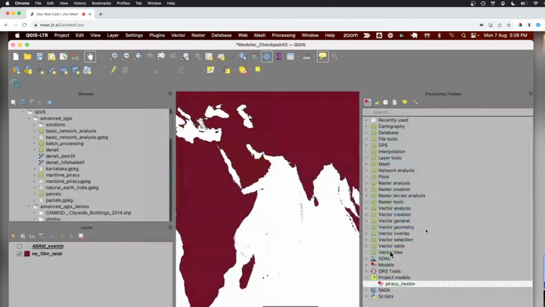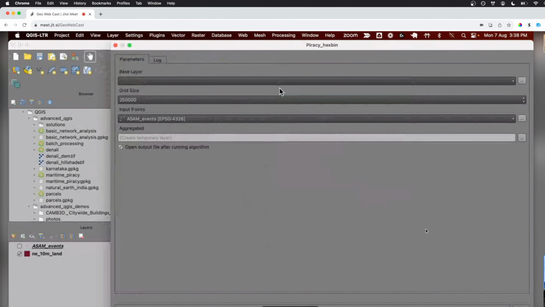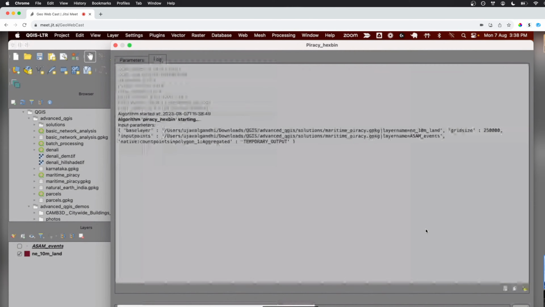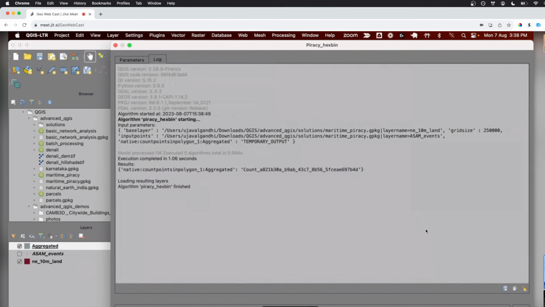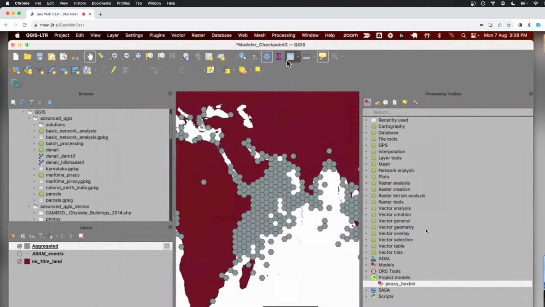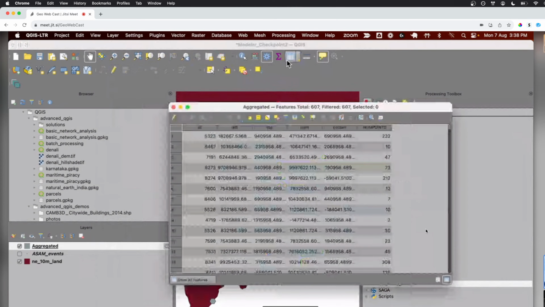So now I can just take this as my input layer. And again, you can add all this kind of input validation, so I can only choose the polygon layer here and only choose the point layer, and so on. I can just click run, and I directly get the polygons with the number of points as output. So it's the 5 steps internally.